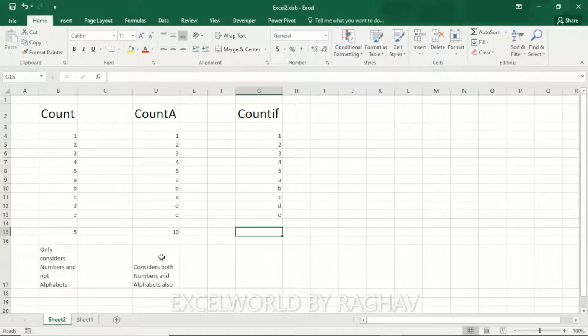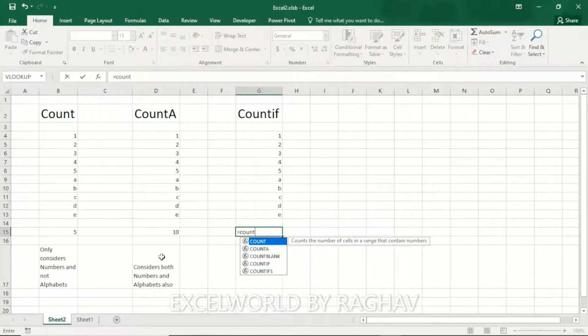What is CountIf? What does CountIf do? Equals CountIf,